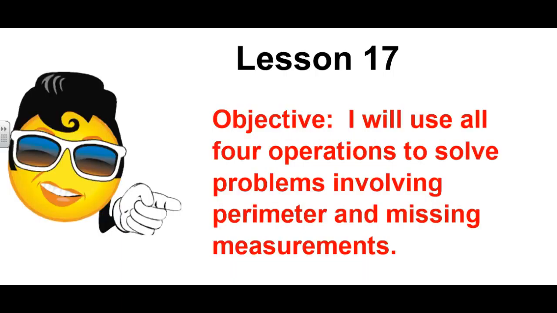Your objective for lesson 17 is I will use all 4 operations to solve problems involving perimeter and missing measurements. So this is probably going to involve some 2-step problems, just like what we did in the previous lesson. And we're working with perimeter, and some of the side lengths are going to be missing